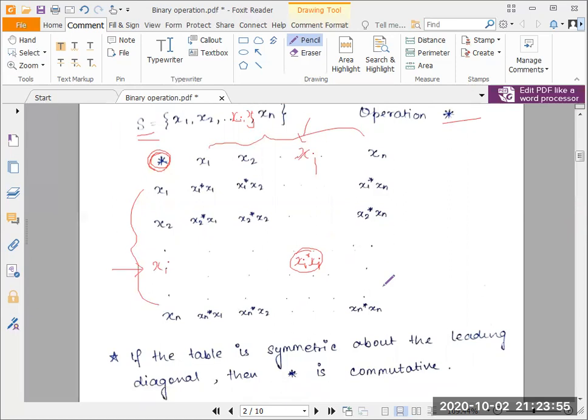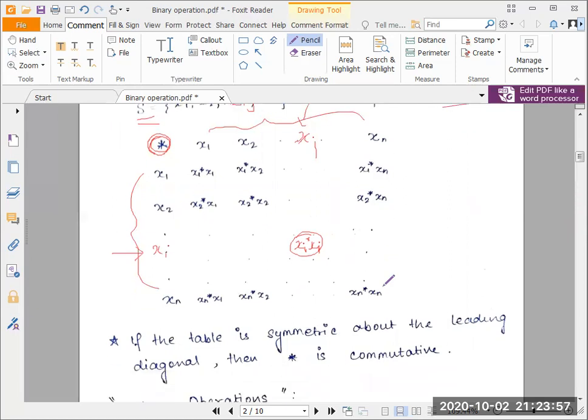Another interesting fact about the composition table is that, by looking at its representation, I can tell at a glance whether the operation is commutative or not. This holds only for the commutative law and not for the associative and distributive laws. We need to look further into the elements of the table to determine whether the operation follows the associative and distributive laws. But just by looking at the table, we can say that yes, the operation follows the commutative law, or no, it does not.